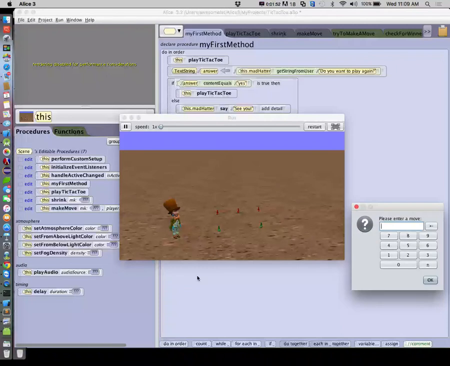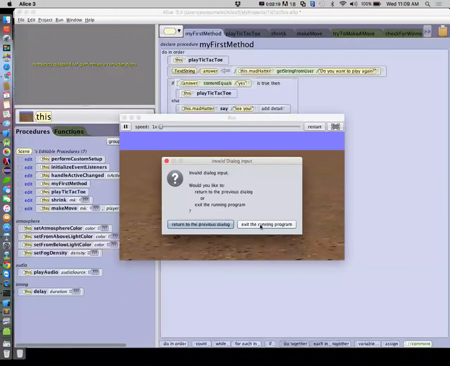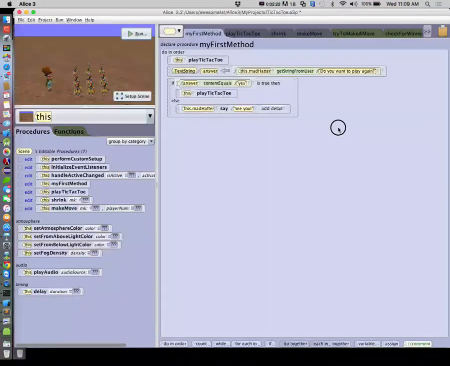But we can see here, even with the guys that were originally tall, they're shrunk down, but their colors are still the same. All right, so we need to look at how we change their colors back to their original color, and how we make sure their reset heights go back to 100%. So let's go back here. Let's kill this, exit the running program. We're going to actually write a procedure